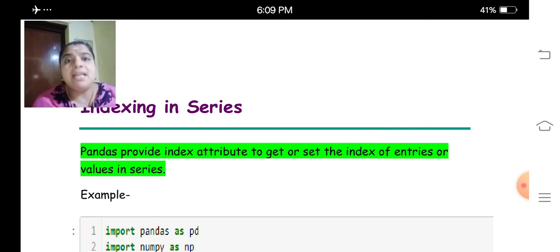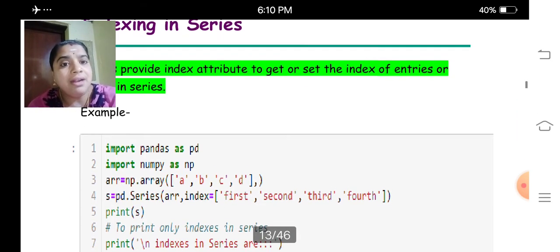for original values. If you are not setting any values, the interpreter always sets the index values as 0, 1, 2, 3 till the last element; that is, size minus 1 will be the last index. If the programmer wants to set an index for any value in a series, we can also use the index function. Look at the example given.